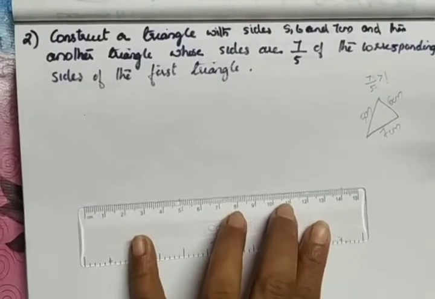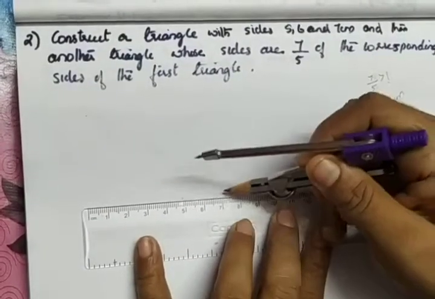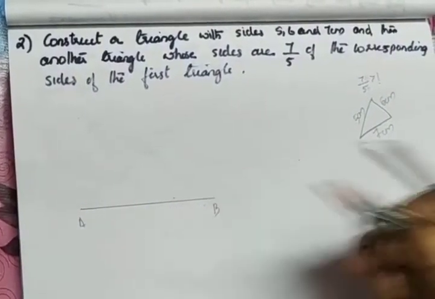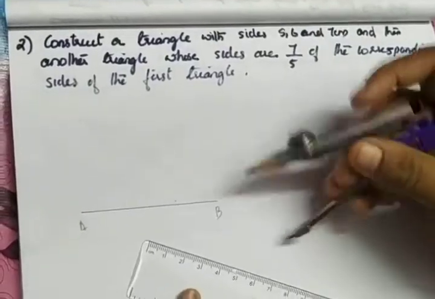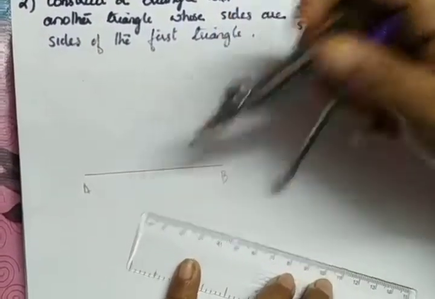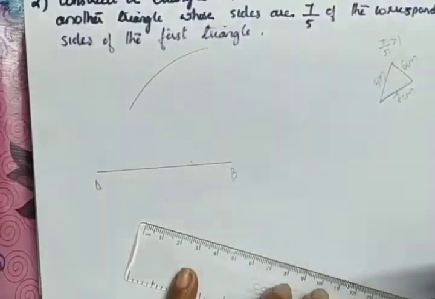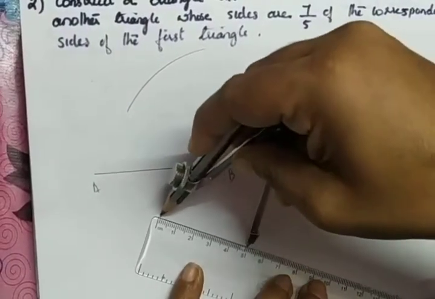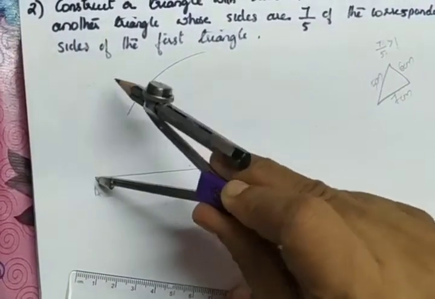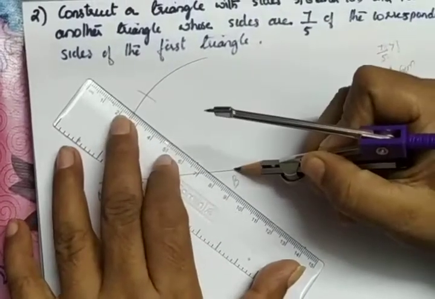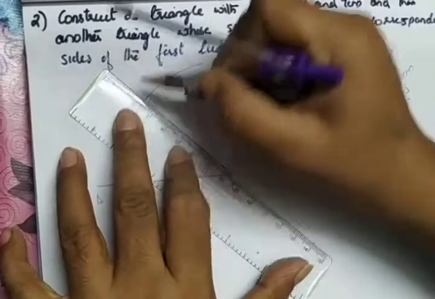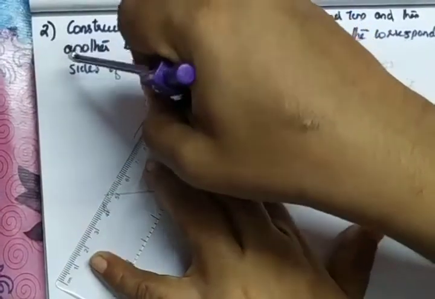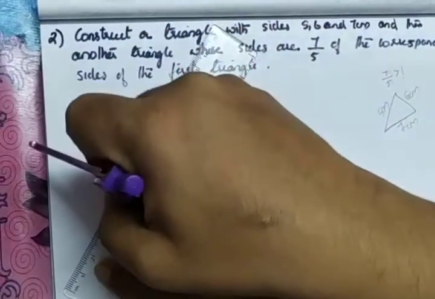Okay, so first we will draw the triangle. I am drawing the base as 7 cm. Let that be the side AB. The name is not given, we can give any name. The second side given is 6 cm. So with the help of your compass, take a 6 cm measurement. With B as center, draw an arc. Again, the third side is given as 5 cm. So again, in your compass, take 5 cm. With A as center, cut the arc. Join B with this intersecting point. That point will be the third vertex C. And again join C with A, which will be the third side AC.